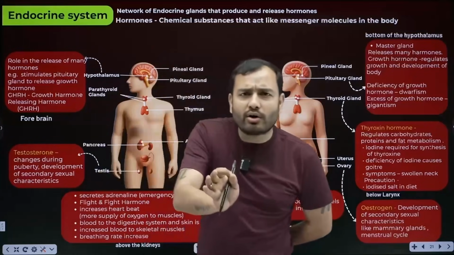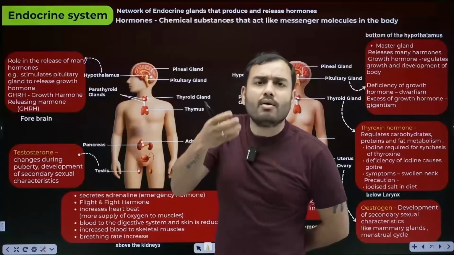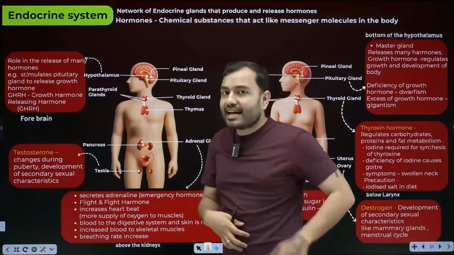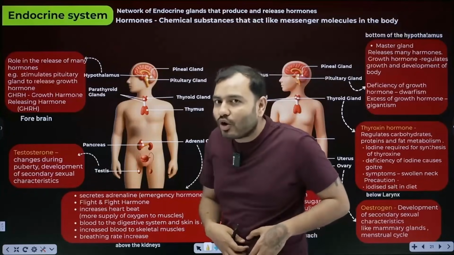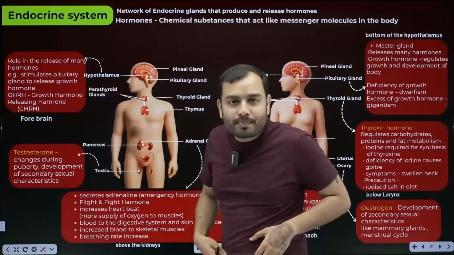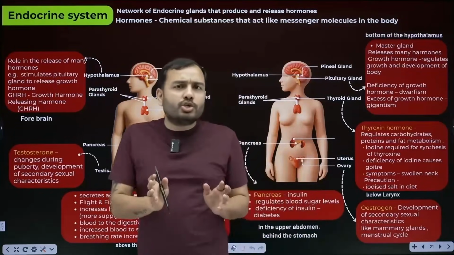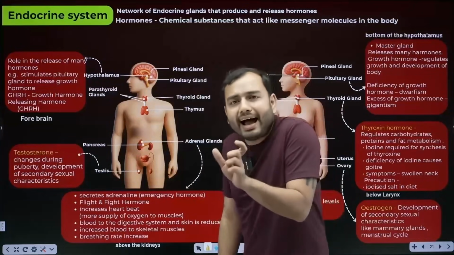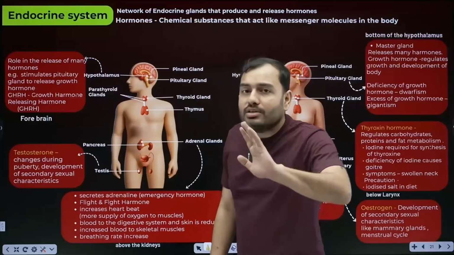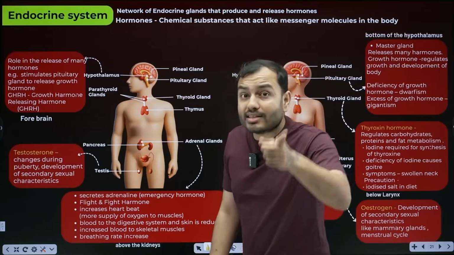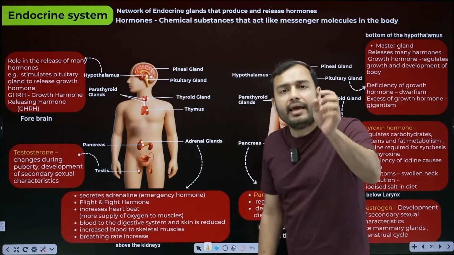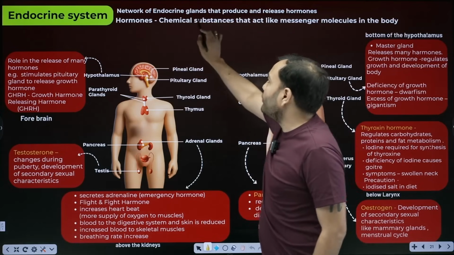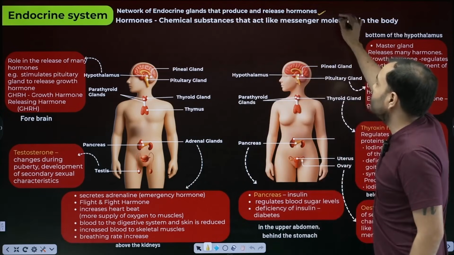So beta, such tissues, such cells, such organs that release some substance, we call them glands. For example, what do salivary glands release? Saliva. For example, inside the stomach, remember, what was there? Gastric gland. What does it release? It releases gastric juice. So beta, such organs, cells or tissues that produce and release some substance are called glands. Now, not all glands release hormones. The glands that release hormones are called endocrine glands. And the whole system is called the endocrine system, a network of endocrine glands that produces and releases hormones.